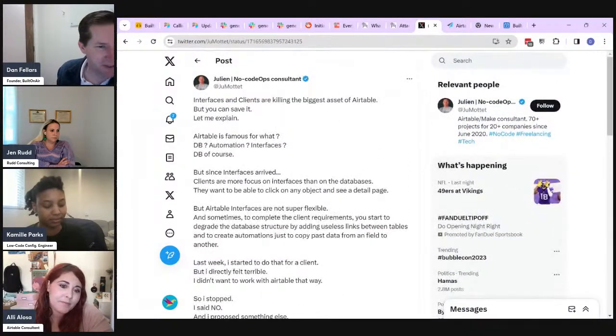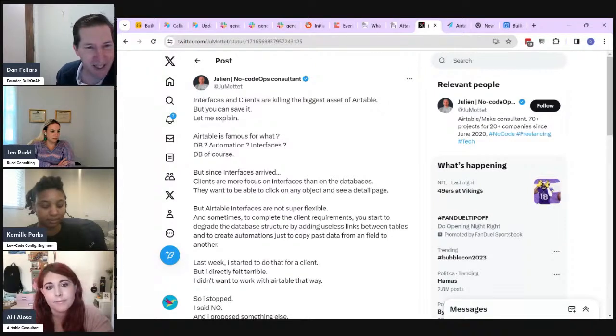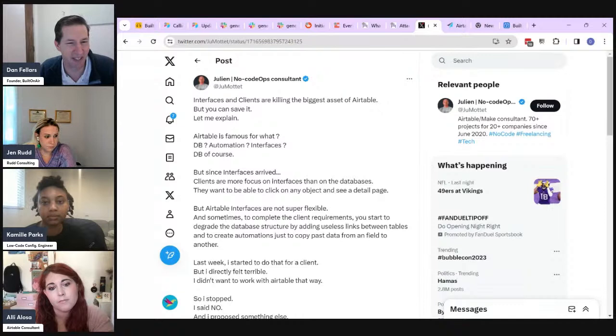Okay, last one. This is from X, Twitter, from Julian, who's a consultant in the space, and it kind of gives a philosophical discussion of what the focus should be. Airtable, what is Airtable famous for? It's famous for its database, less so its interface. There are other products that are maybe stronger on the interface side. And so he's basically giving an argument that